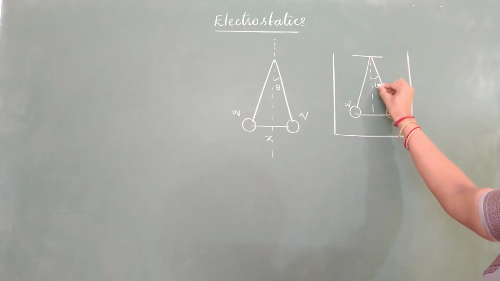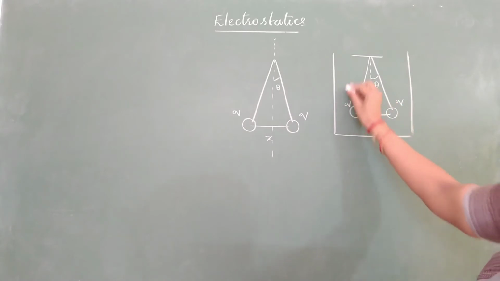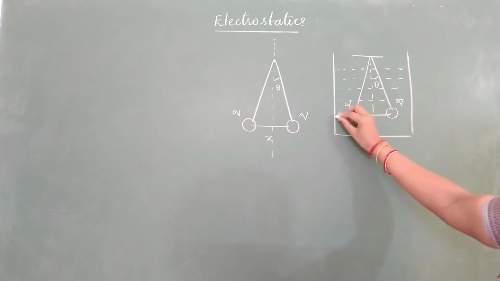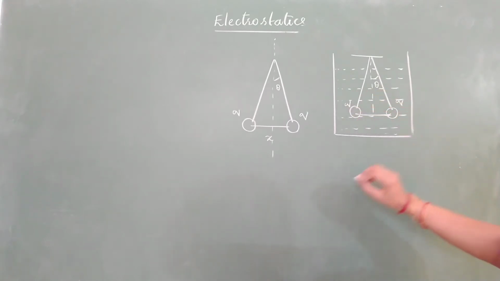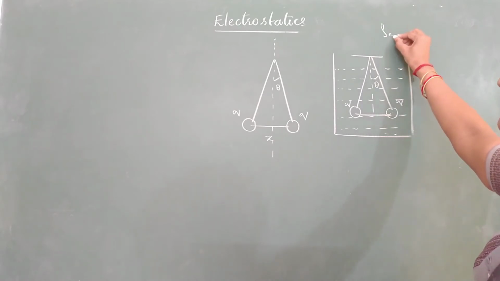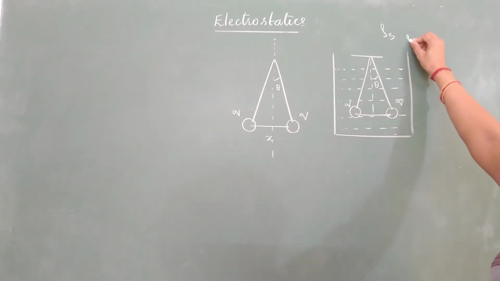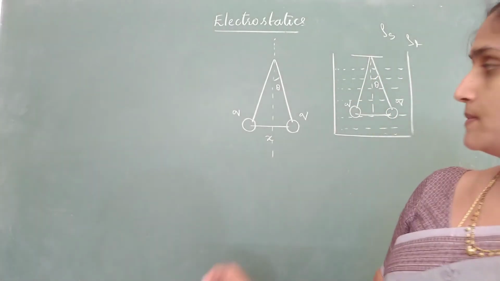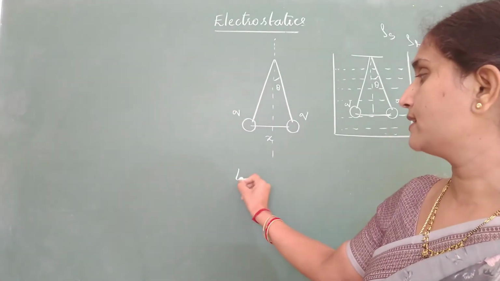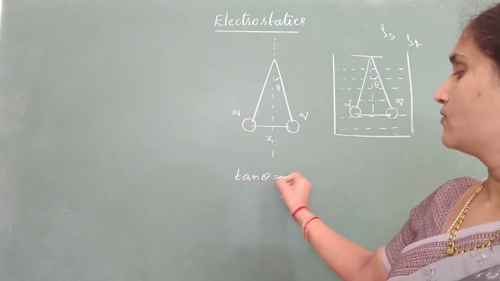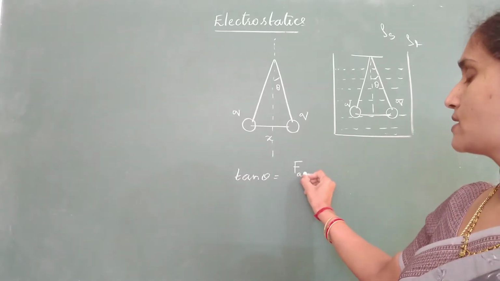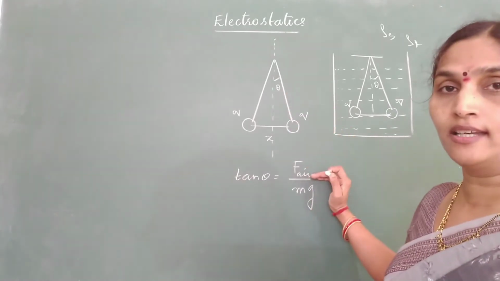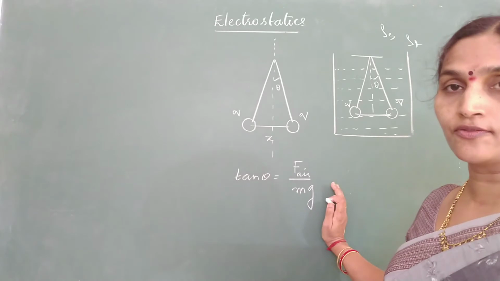Then angle theta is not going to change. So in such a case, what is the dielectric constant of the liquid? Okay, dielectric constant of this medium. Given density of pendulum is rho s and density of the liquid I am writing as rho n. Now just now I have written, whenever you take the pendulum system, if it is in equilibrium, what did we get? Tan theta is equal to the electrostatic force between the charges in air divided by mg, when the pendulum is suspended in free space.